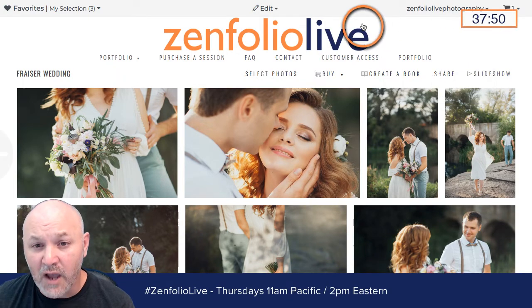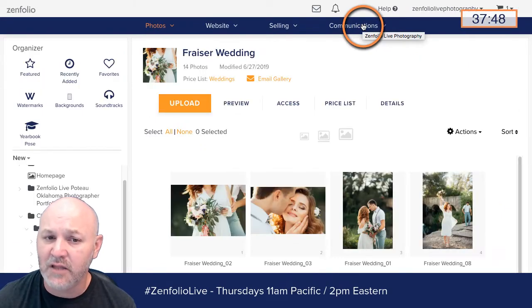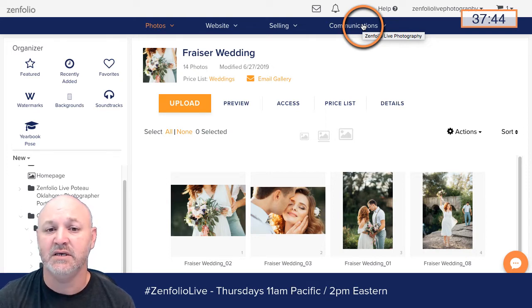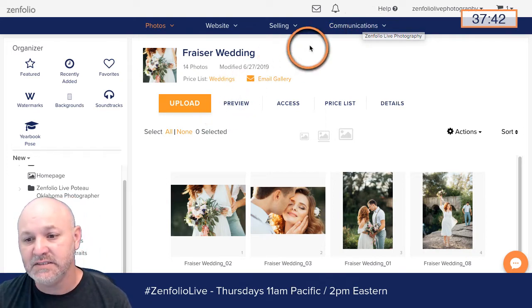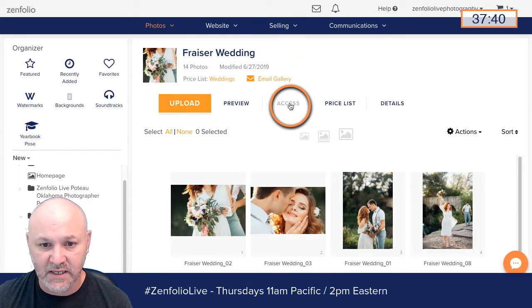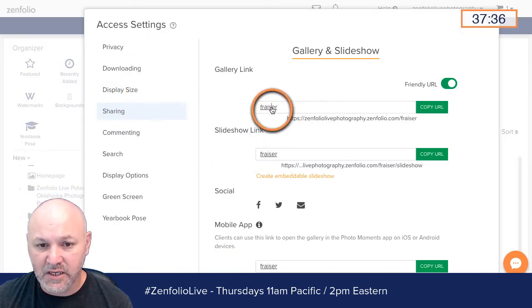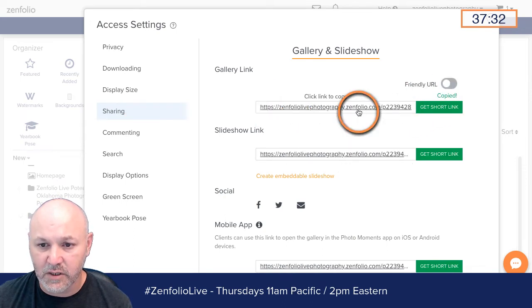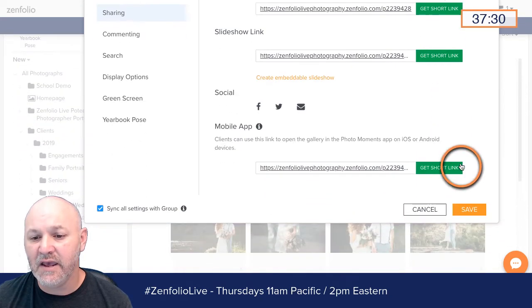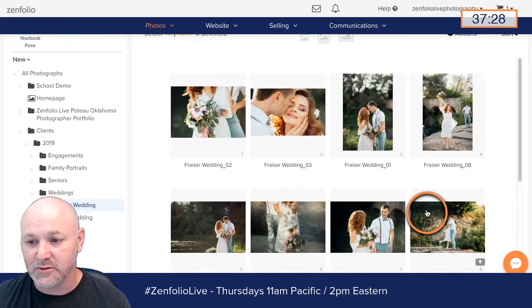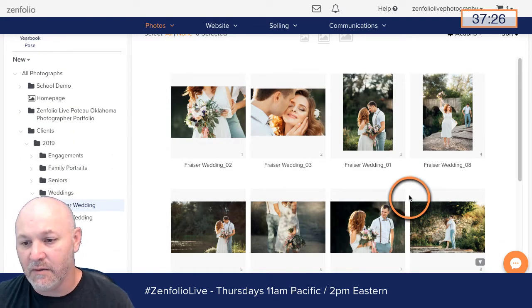So I'm seeing it pretty close to how the client would see it, but if I really want to see it the way a client would see it, the best way to do that is to go right here to access, go to sharing, and click here to copy the link to that gallery. So let me just click right here. We're going to copy that link. And then in most modern browsers, there is